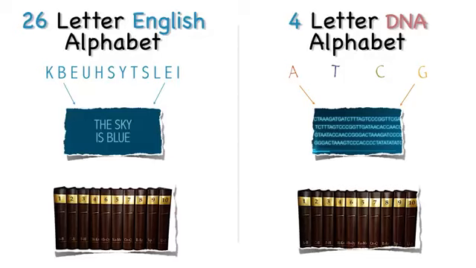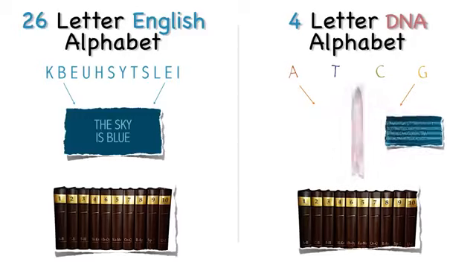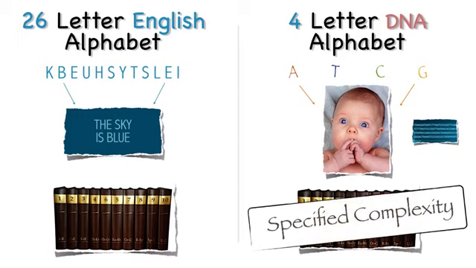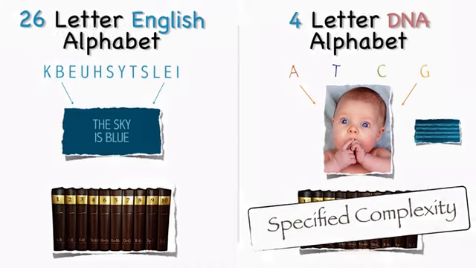For illustration purposes, let's pretend here that the message of the DNA that we see here on the screen, the sequence of the A, T, C, and G, well, let's say it's telling the cells to make baby blue eyes. This again is an example of what? Specified complexity. DNA letters arranged in a specific way to communicate a message, a complex message of instructions to living cells.